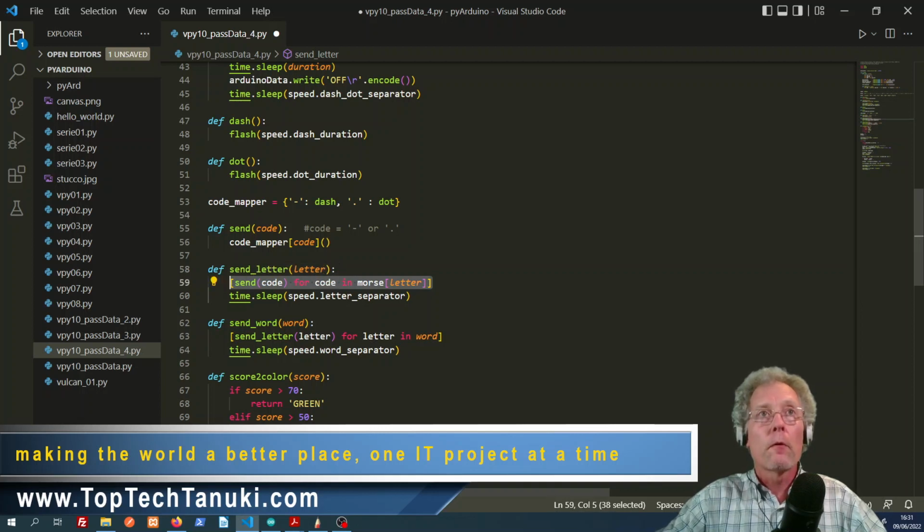Hence the term comprehension list, because the result is a list. But it's a list that you define by some kind of code. You define how you want to feed this list. And for each element that you have retrieved,